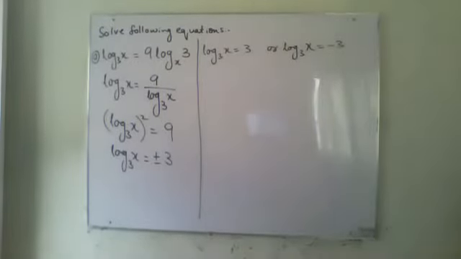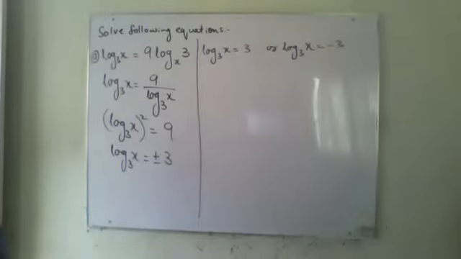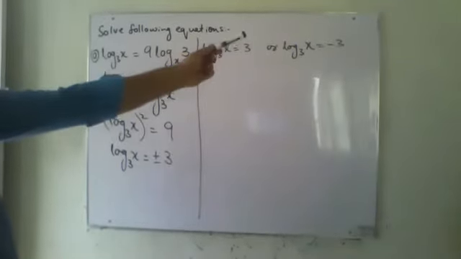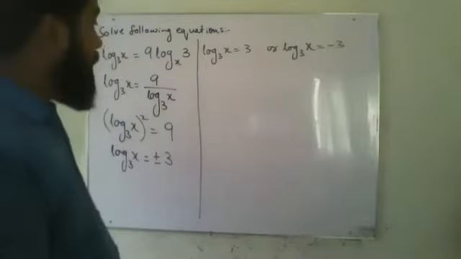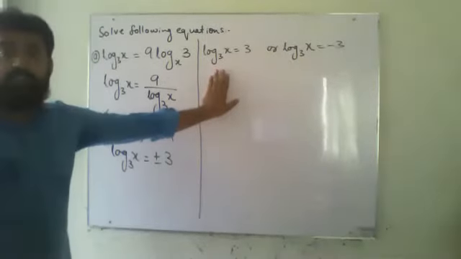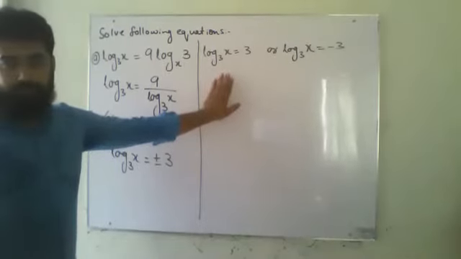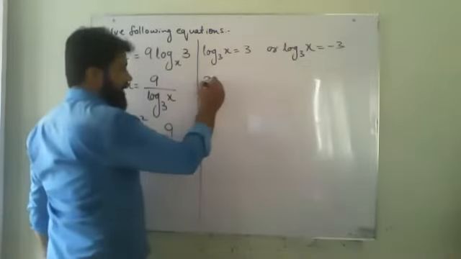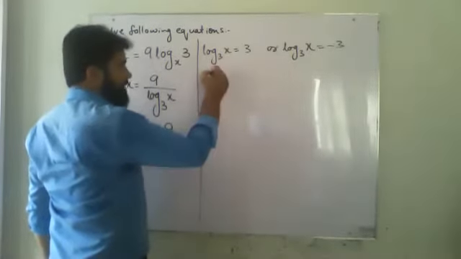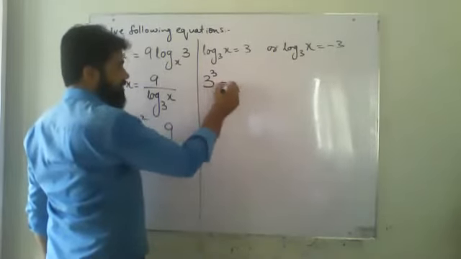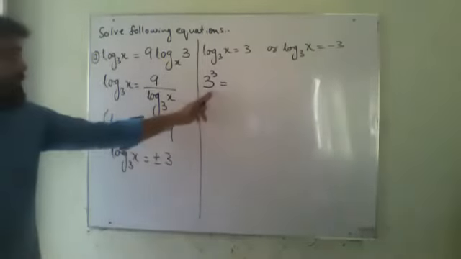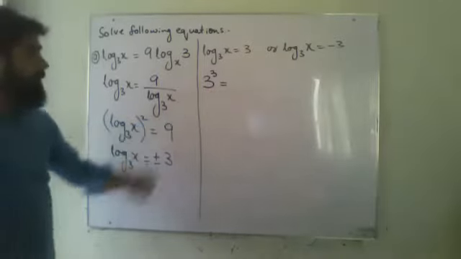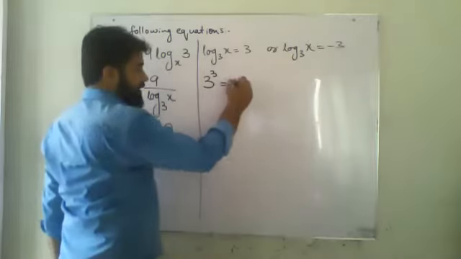Now you can shift it according to index form also, by change of index form, or we can do it by bringing log base 3 multiple on both sides. I am solving this thing with index form rule. How will I solve it? Your base will be written as a power. Whatever is your answer will be written as power of your index, whatever is your number, and x will be written like this.